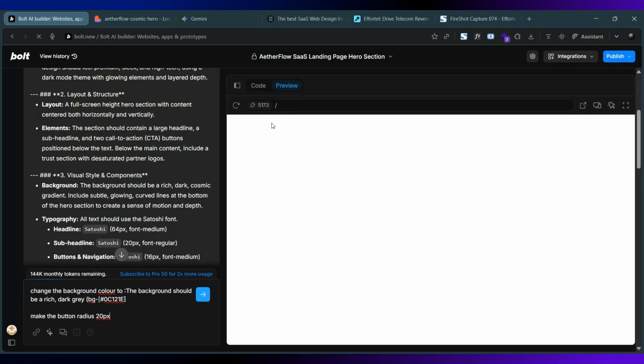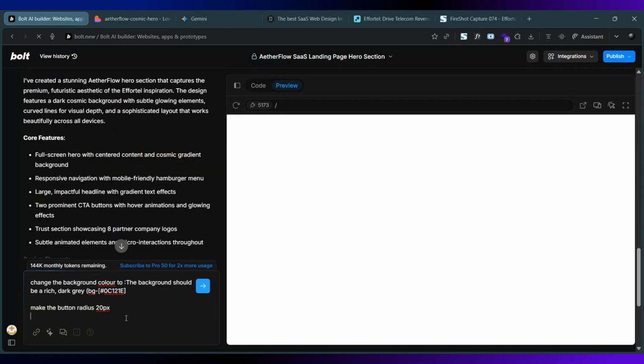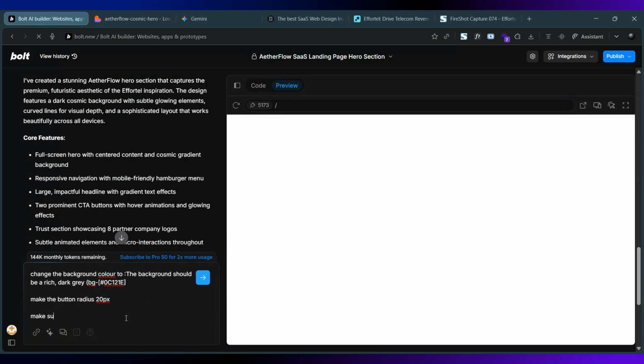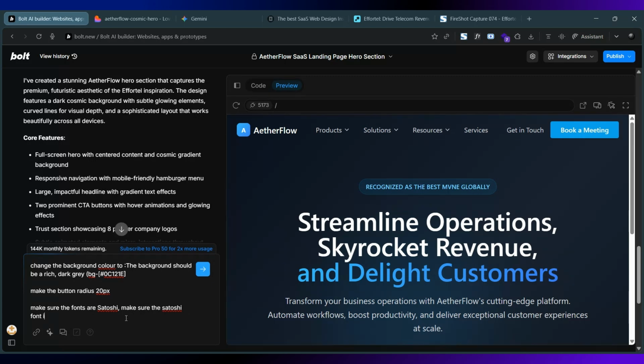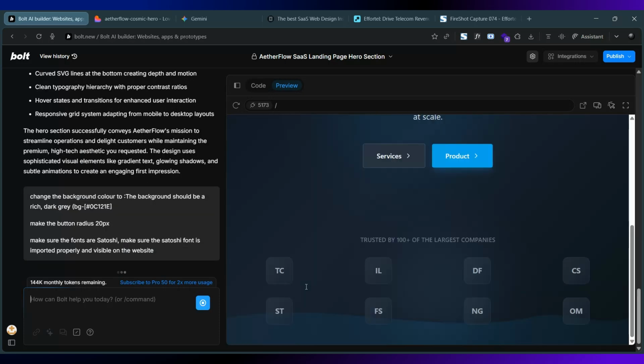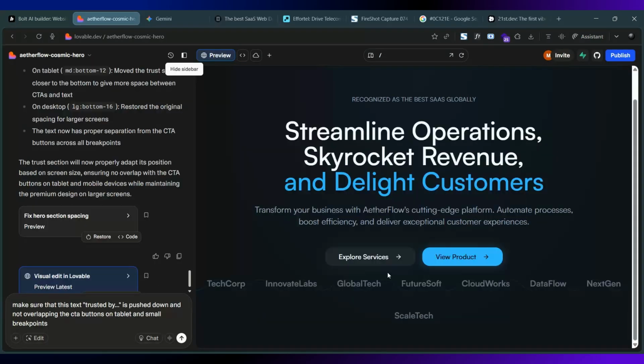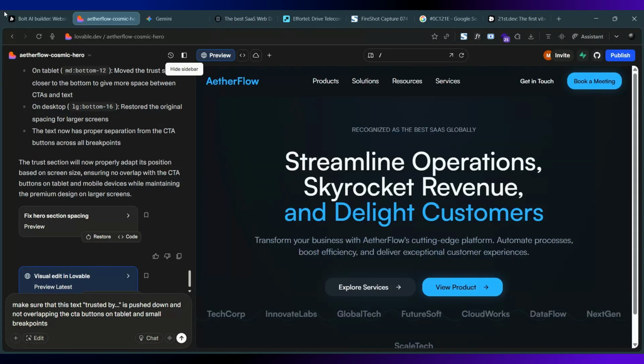In Bolt, and hopefully refresh the page, it should load. And also, it's missing Satoshi here. Make sure the fonts are Satoshi. Make sure the Satoshi font is imported properly and visible on the website. And this should fix it, hopefully. Just deleted this text that's below here, and if you go to Bolt, you can see it's actually implemented the